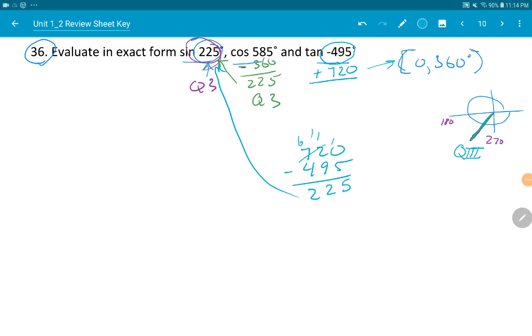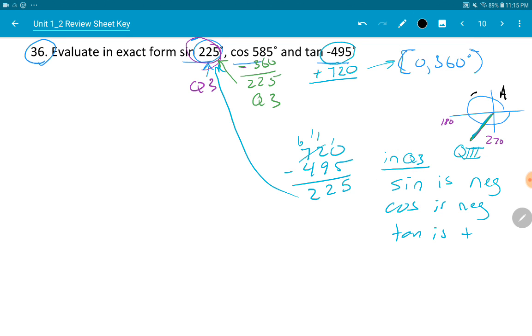So in the third quadrant, sine will be negative, cosine is negative, and tangent is positive, because I have all students take calculus. So tangent and cotangent are the only positive trig functions. Okay, so sine of 225, I'll do that one in purple. Sine of 225